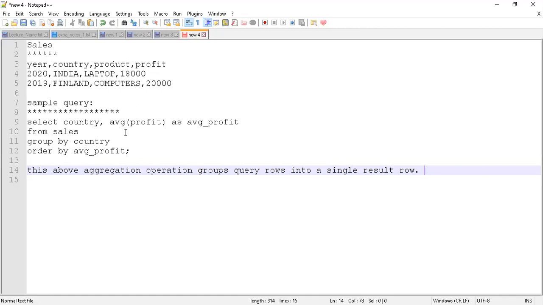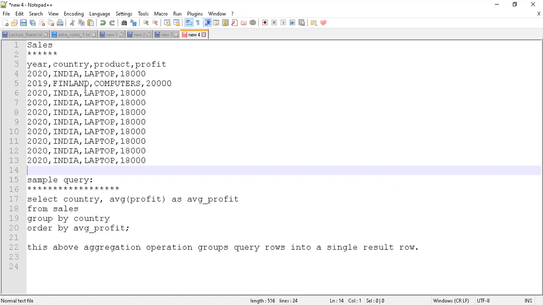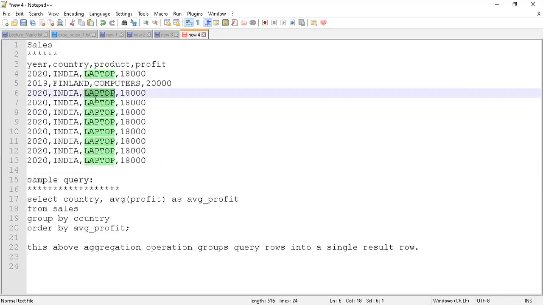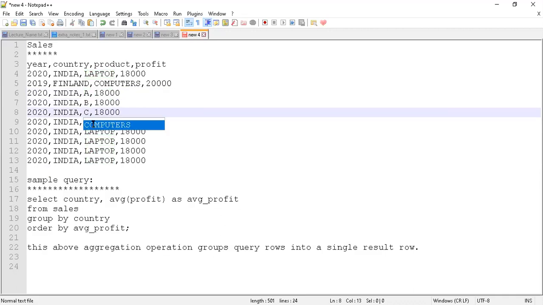What I mean by that is, it may well be that in this table I have 15 or 20 entries for India. Maybe from 2001 until 2020 I have 20 entries for India for different products. I have a product, let's say A, then a product B, then a product C, and so on.